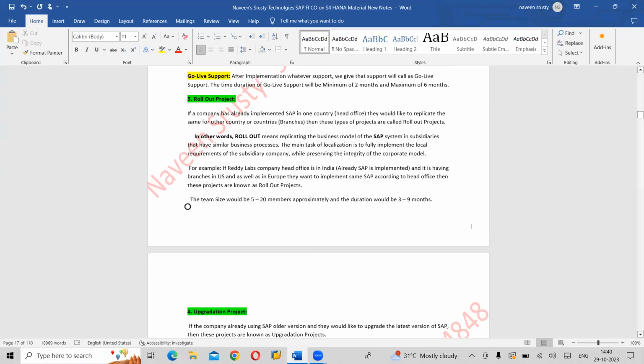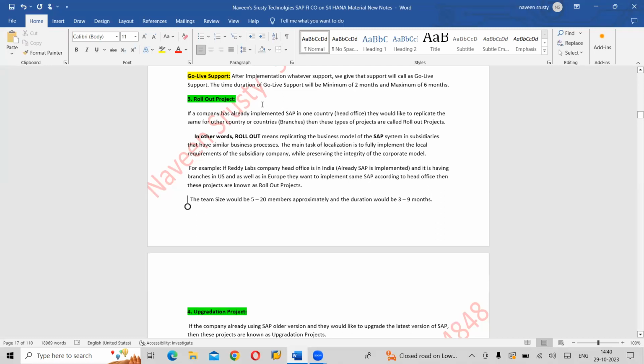The next, today we will see the other set of projects. As soon as you are recruited by a software company working on SAP, you will probably get rollout projects. Nowadays, most of the projects going on in the SAP environment are rollout projects as well as upgradation projects. Clear? 30 to 40% of projects. They ask in interviews also, do you have any experience on rollout projects, upgradation projects?